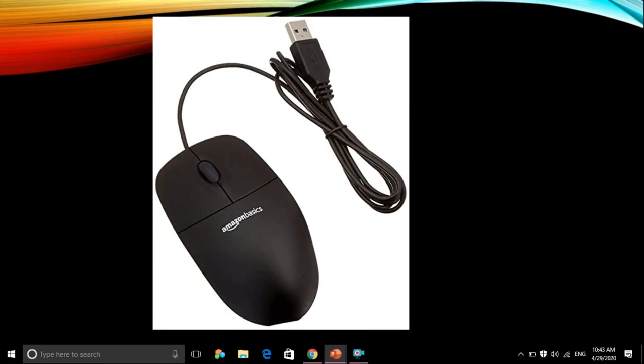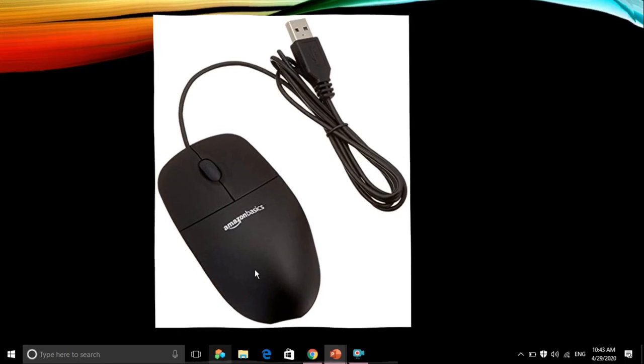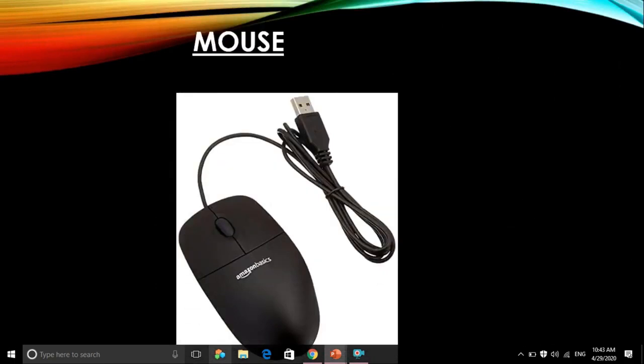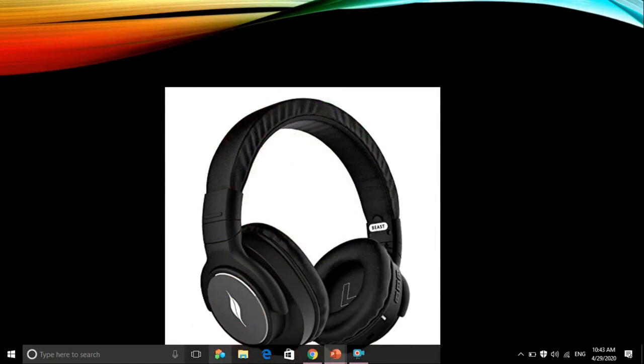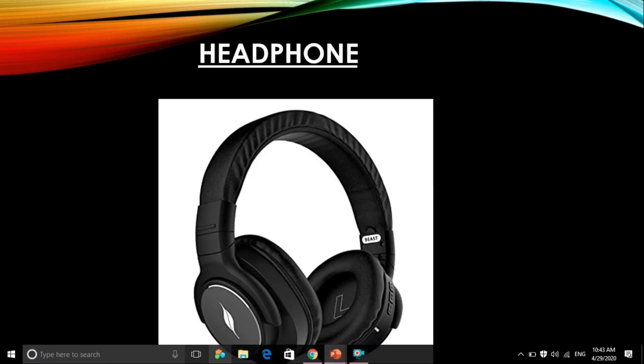now this one everybody knows, right? Mouse. It is a mouse. Yes, mouse. Now the next one. What is the name of this one? Everybody has used this one, yeah? In order to hear some music or something, you will be using this one. Headphone. The name is headphone. Okay, I want you guys to remember the name headphone.